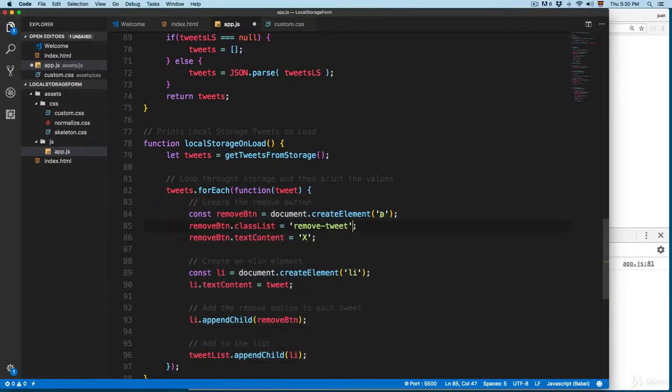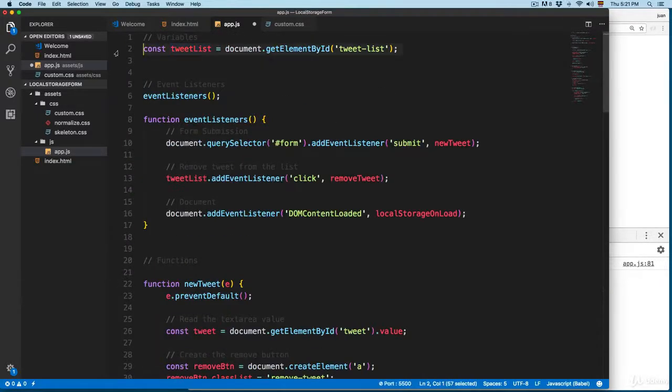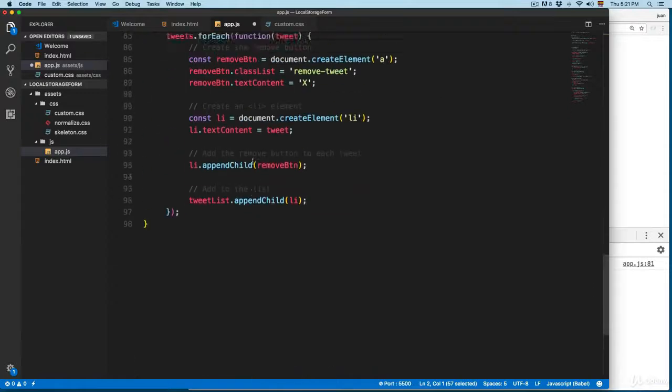It's going to create an anchor with the class remove button and also the X. It's going to create an li by default. With this li, it's going to add the content from the tweet. You can see we have the same variable name right here. And also it's going to add this remove button into the li. And finally this tweet list, which is the global right here, is going to be used also in this